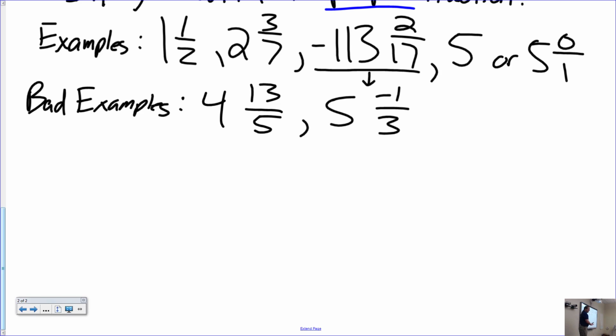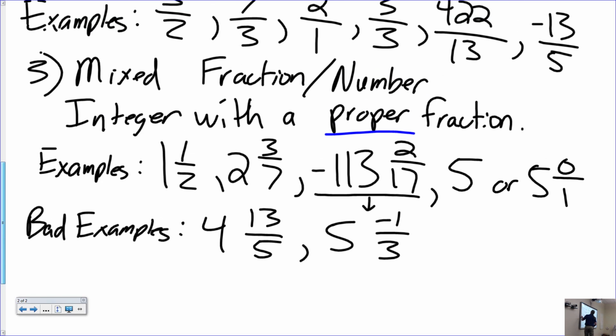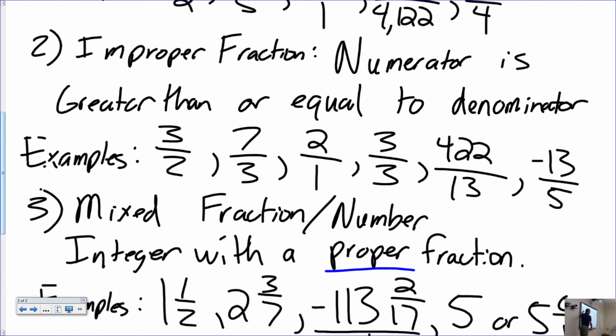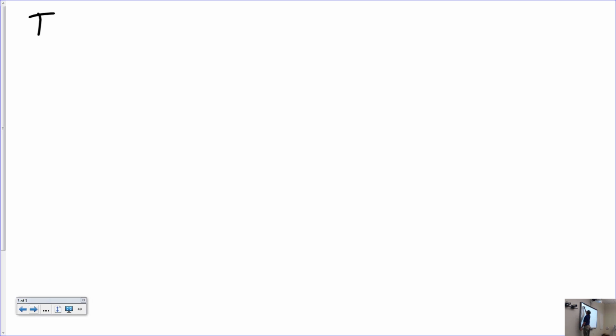Alright, so, not bad? Now, as you guys said, improper and mixed, we can go back and forth. So, which way do you want to go first? Any preference? No? Okay, I'll pick. So, let's do improper